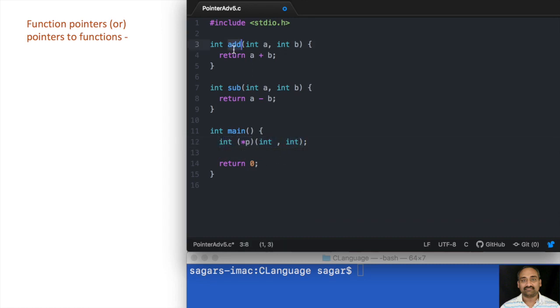Now both the functions are of similar structure. So what I can do here is say p equal to add. That means p is now pointing to the function named add.